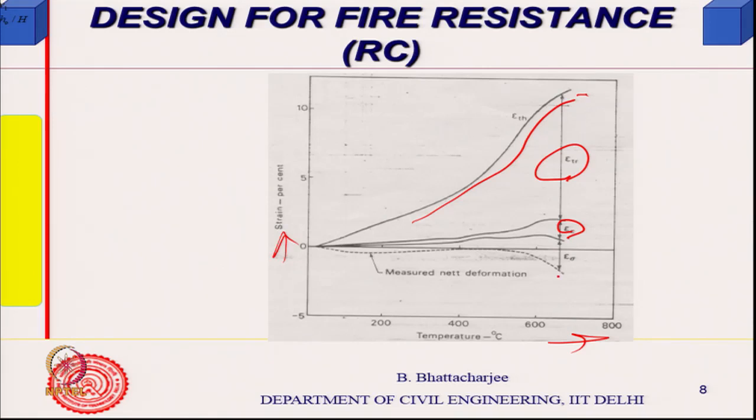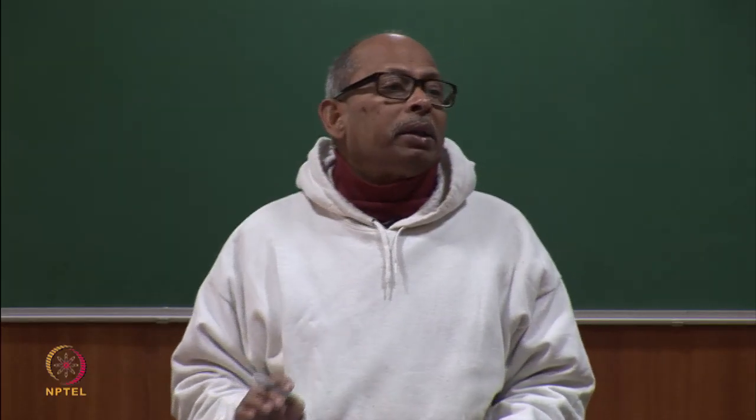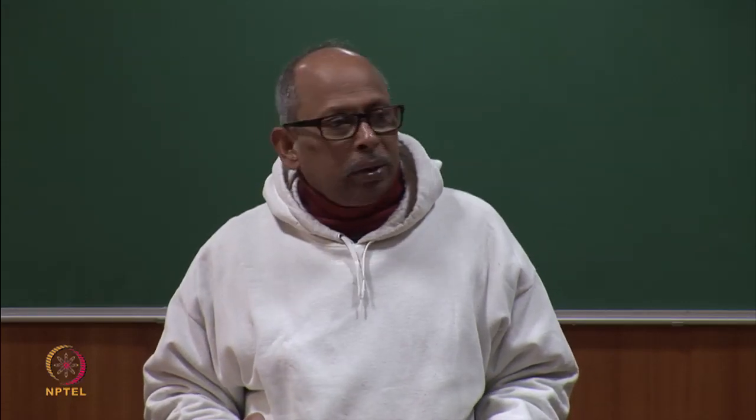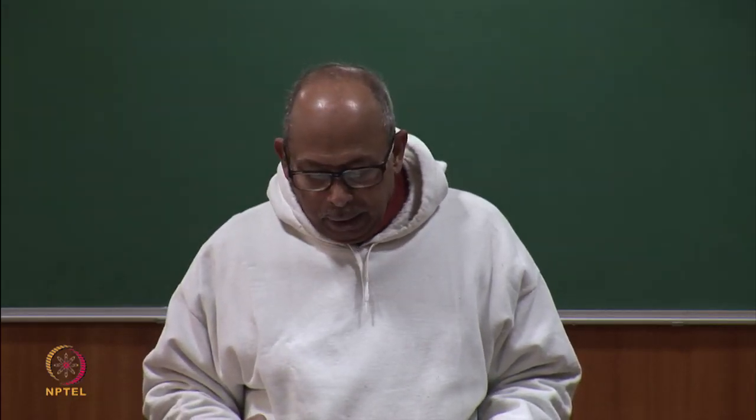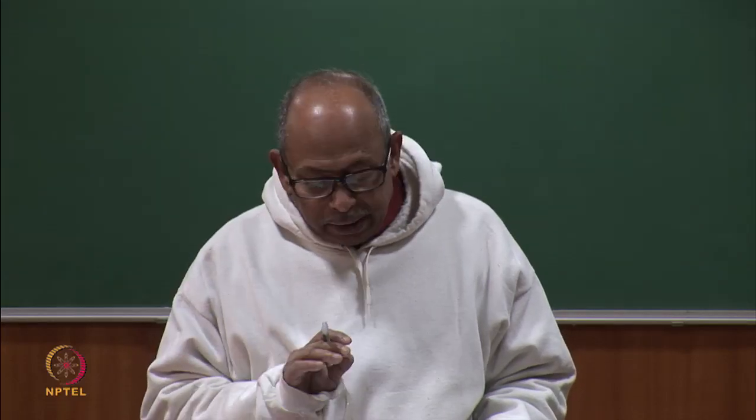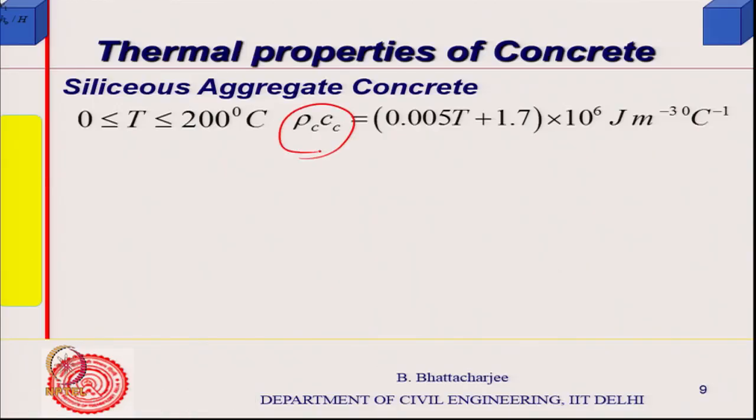So, the measured net deformation might show much smaller compression than what you are supposed to have, because the expansion will compensate for it, and the creep also would compensate, relaxation might have some sort of creep also affecting it. So, for concrete, whenever you are measuring such a thing under load, all these aspects are to be taken into account, right. Anyway, for siliceous aggregate, we have thermal capacity given by this kind of a formula,